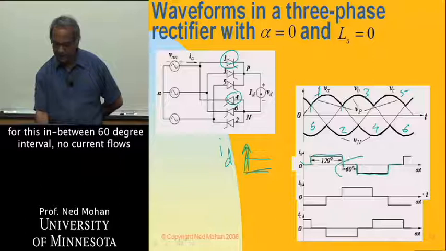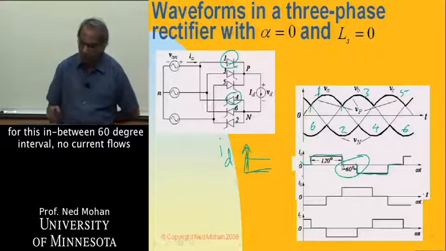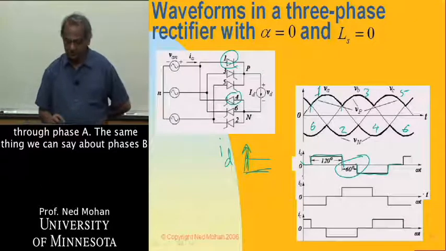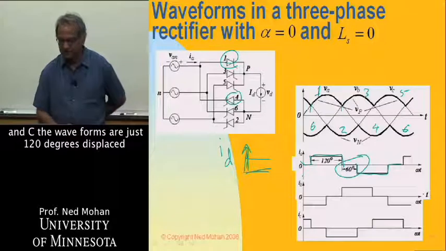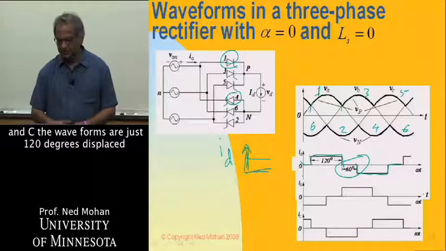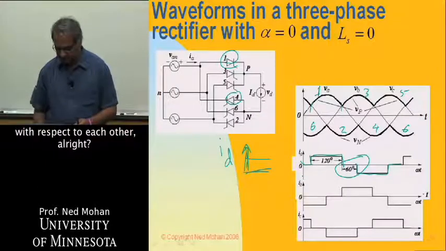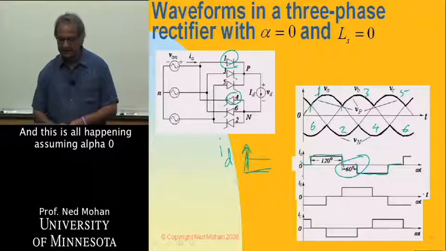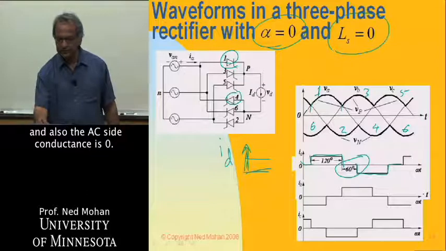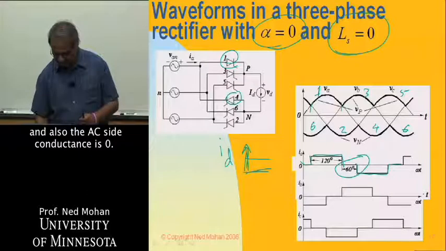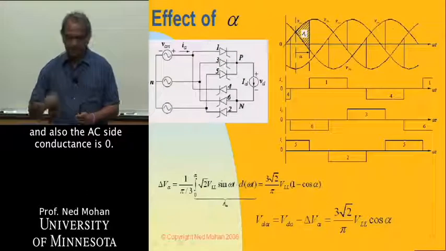And for this in-between 60-degree interval, no current flows through phase A. The same thing we can say about phases B and C. The waveforms are just 120 degrees displaced with respect to each other. All right, and all this is happening assuming alpha is 0, and also the AC side inductance is 0. All right,